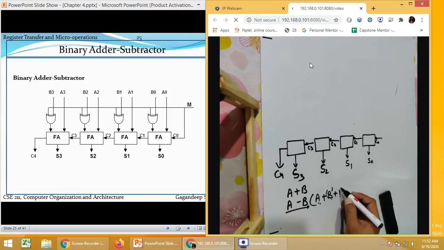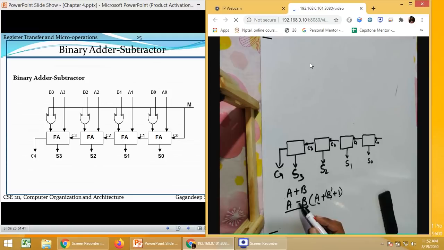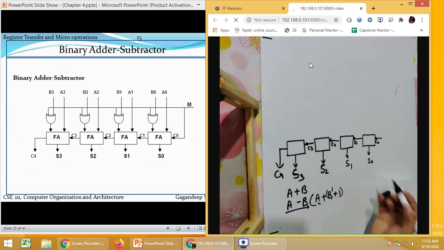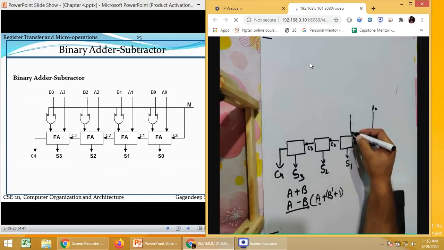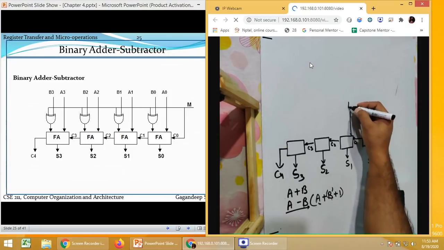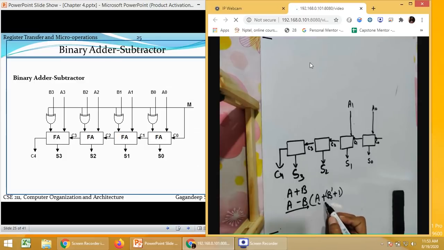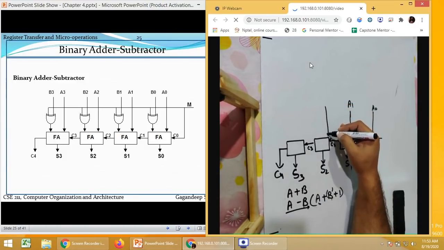So what does it signify? The only change which is going to happen is with B. Nothing is going to change with A. So you can simply directly connect the value of A with the full adder, because in this case as well we are not having any change in A. A will be joined directly.